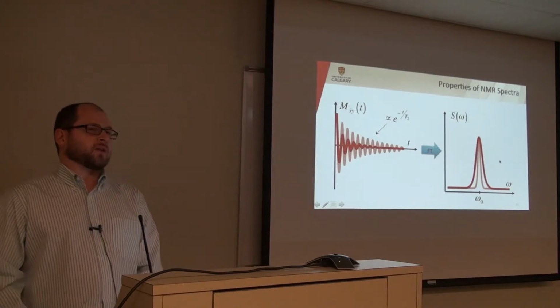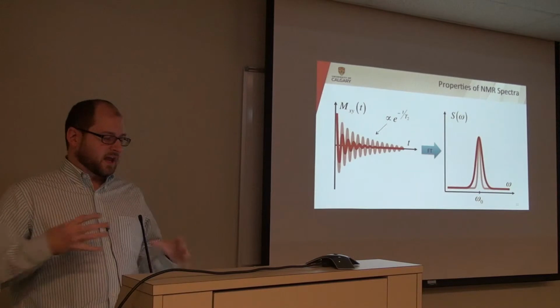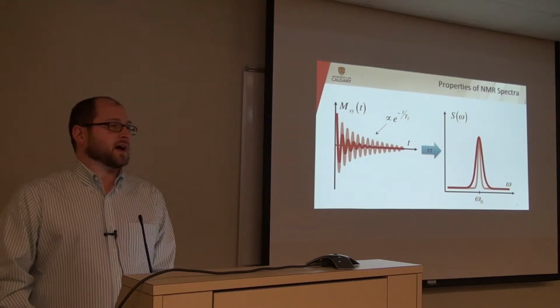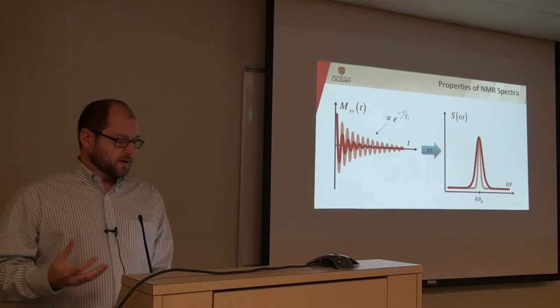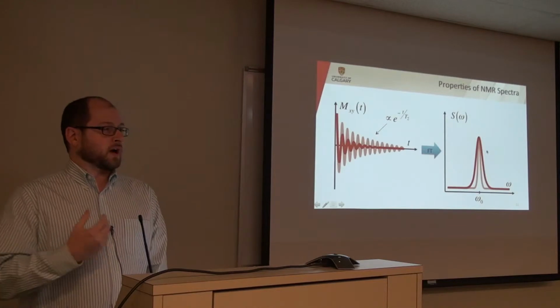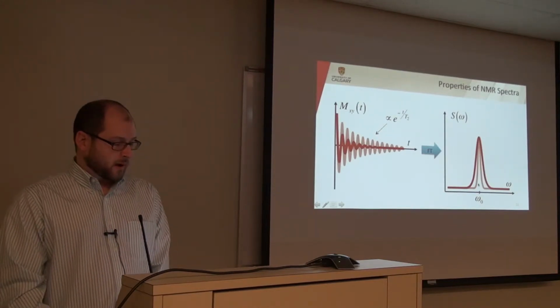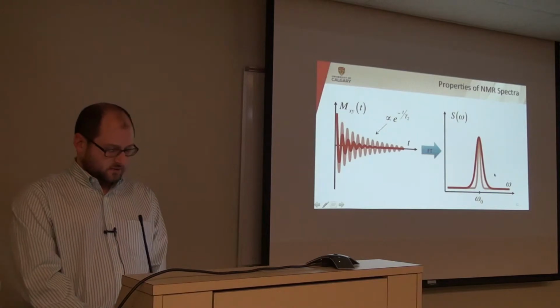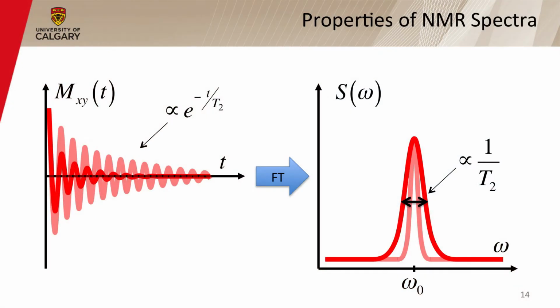And you can kind of think about it this way. If you know that there's a very heterogeneous environment that the hydrogen protons in your sample are experiencing, you're going to get a bit more of what looks like a spread of individual frequencies that are centered around whatever your main omega 0 is. So the general rule of thumb is that the half width of your peak is inversely proportional to your T2. Okay? And the amplitude of this signal is going to depend on how many of those protons are actually present